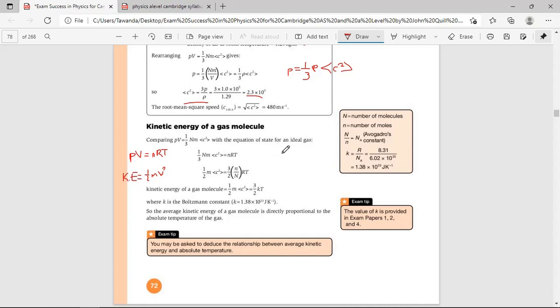If you multiply by 3, we remain with Nm times the mean square speed equals 3nRT. Then after that, we divide by N, so we remain with m times the mean square speed